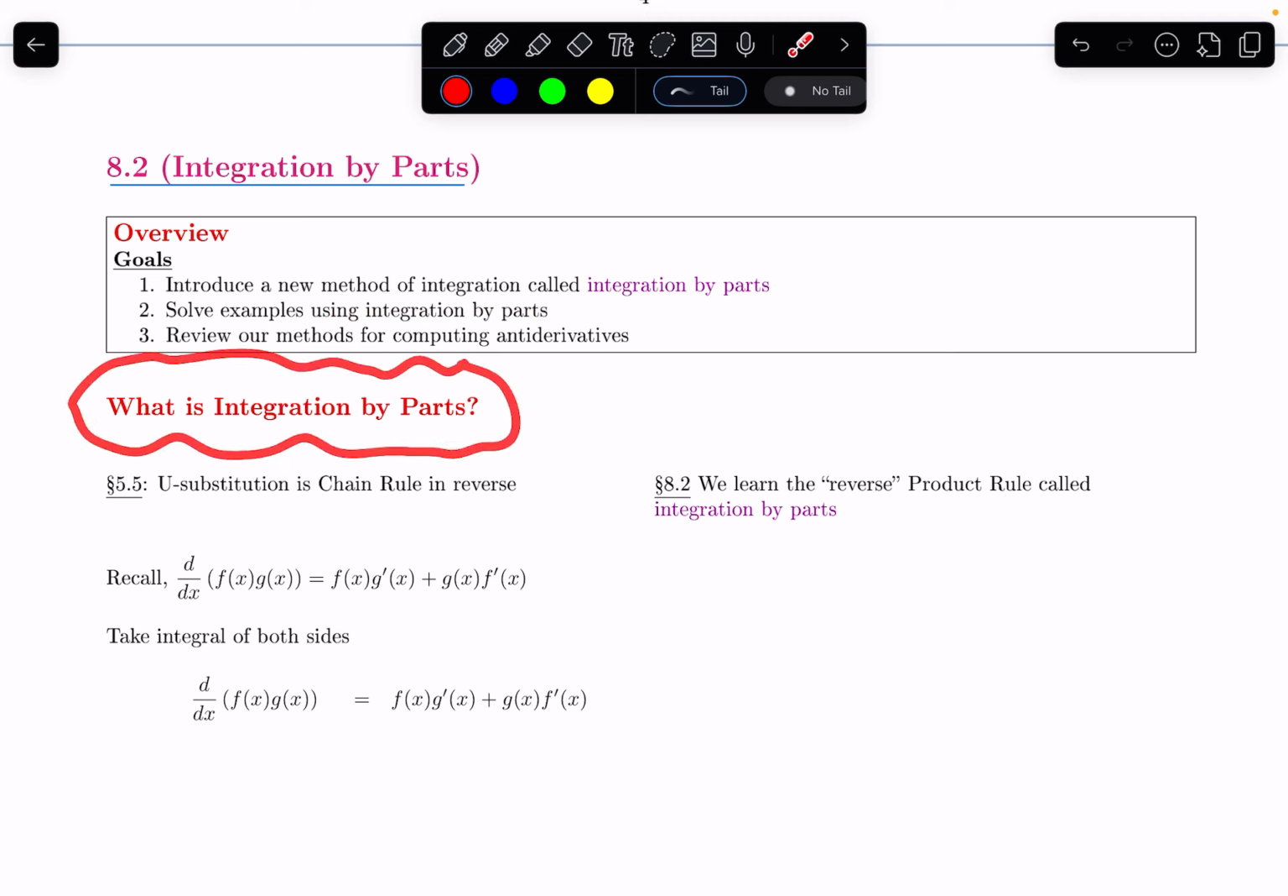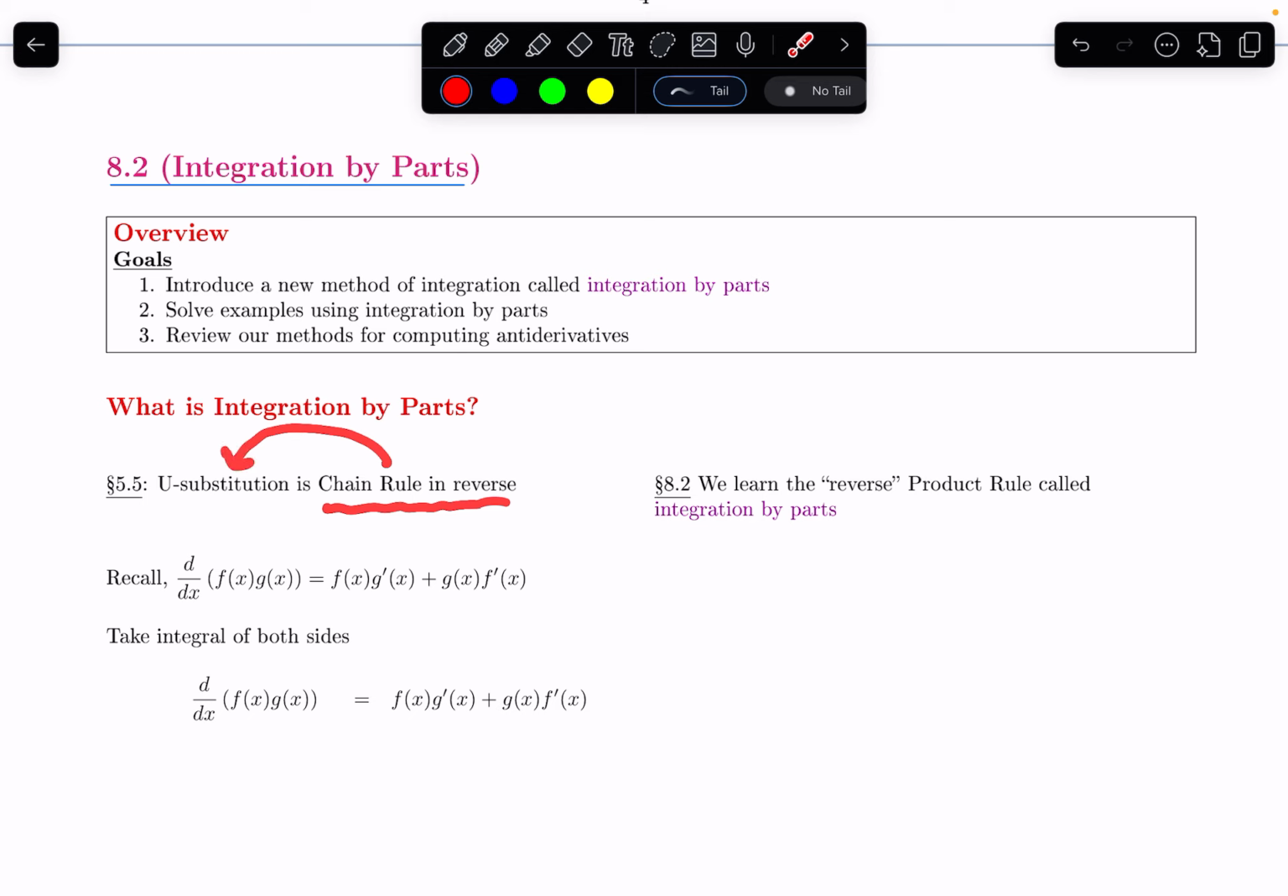So in this video, we will introduce what integration by parts is. Remember that back in section 5.5, we learned about U substitution. And that was sort of the chain rule, but backwards, a chain rule for antiderivatives. Now we're going to learn about the reverse product rule, a version of product rule for antiderivatives, and that's called